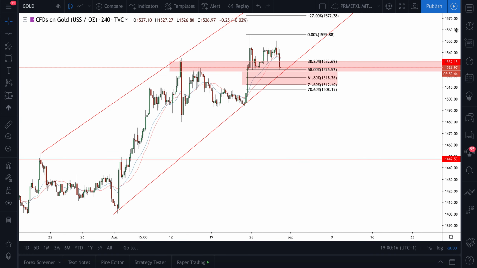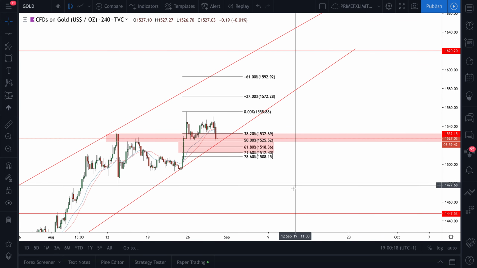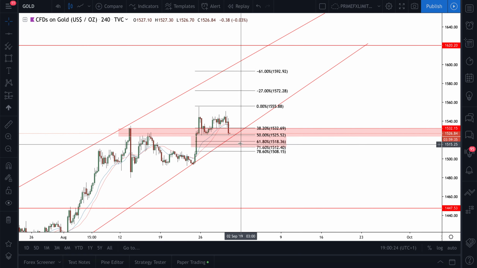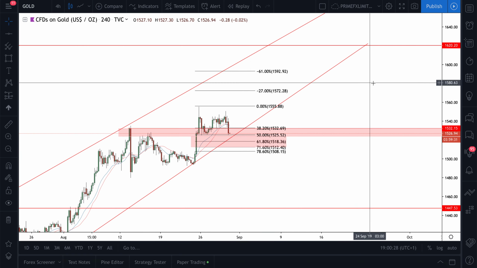Looking at gold on this pair as well. Sorry, since we're here, we might as well just do a quick little analysis. So gold, I'm seeing price action holding structure, a resistance acting as an area of support all over this area. I want to see one more final push to the 618 before we see a massive push back up to